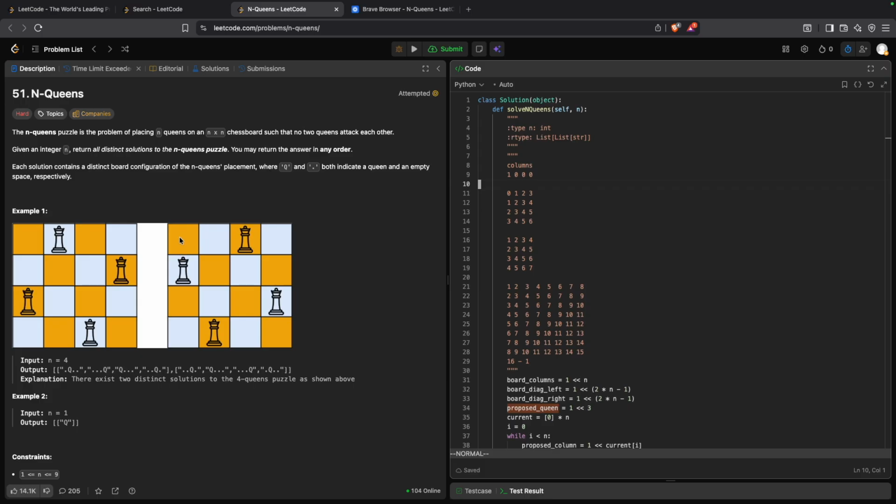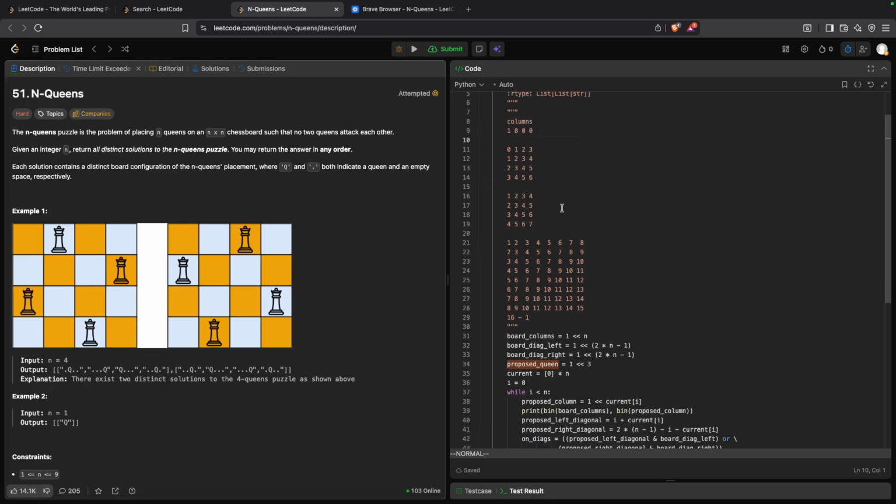So the way that the algorithm kind of seemed to be done, it was like you check this point. So you're here and effectively you have a queen proposal. A queen proposal is like, hey, I want to put a queen in this column and then in this row. The row is going to be done through the backtracking, so we don't have to save information. How do you check to see if you can do a queen of this column? Well, you want to set that bit effectively to 1 and check to see if it kind of conflicts with anything inside